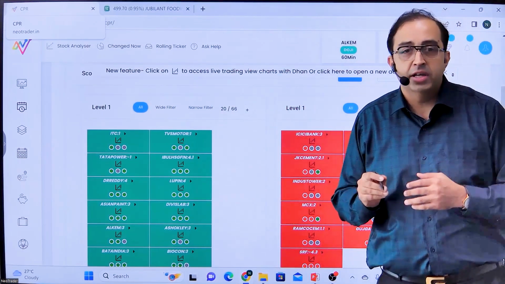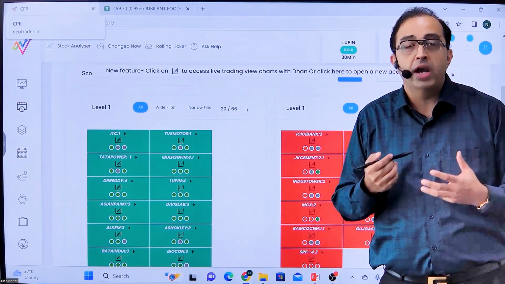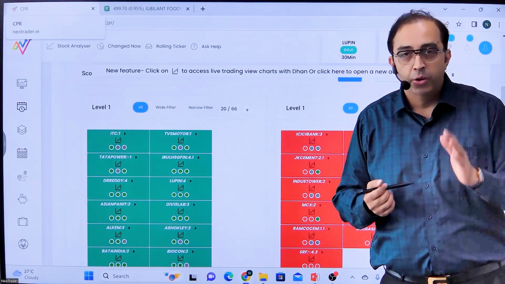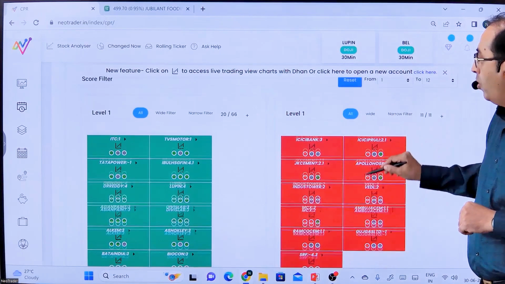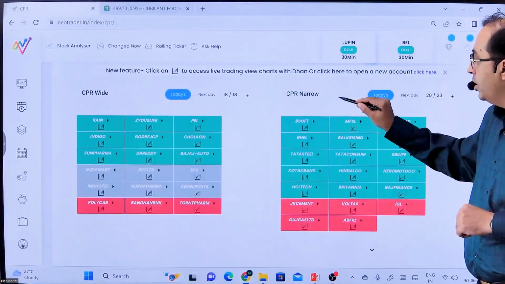Now, you may ask, markets are moving so fast, how can I keep track of the same? Don't worry, we have your back. And what we do is we are constantly telling you